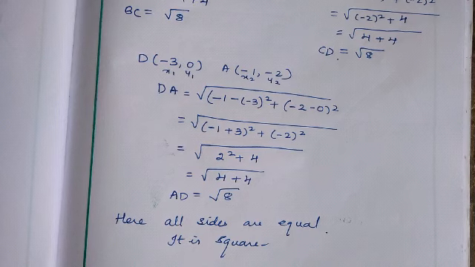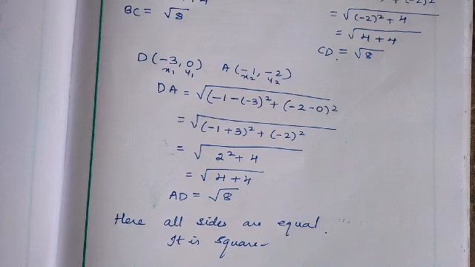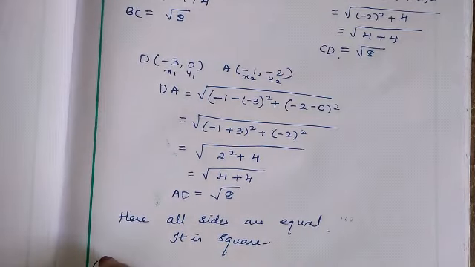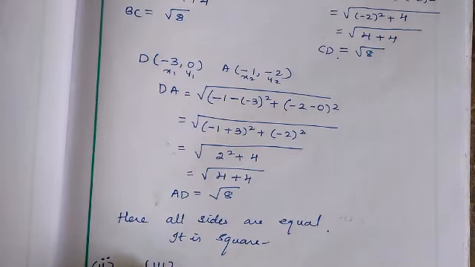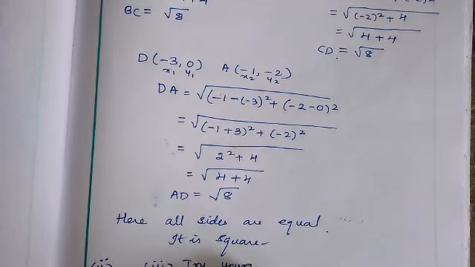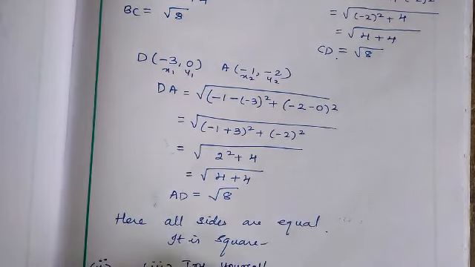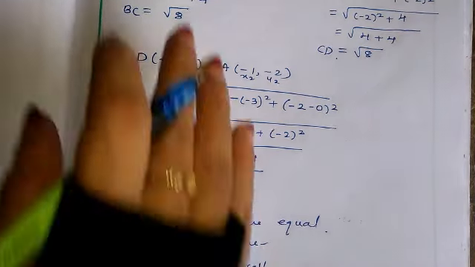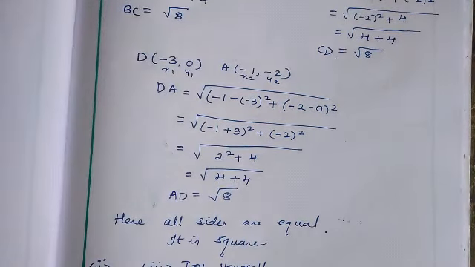Now, if two sides are equal, then it can be a parallelogram, because in a parallelogram we know that opposite sides are equal. So like that, in this sixth problem, the second and third parts, the same way you have to try yourself. Unless and until you try yourself, you will not understand the concept. Second and third is exactly the same way you have to find.